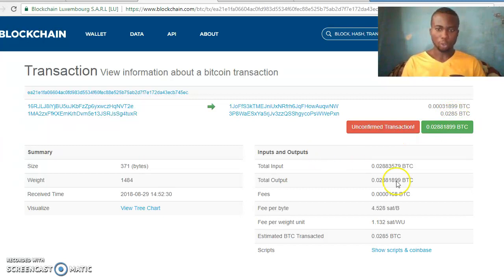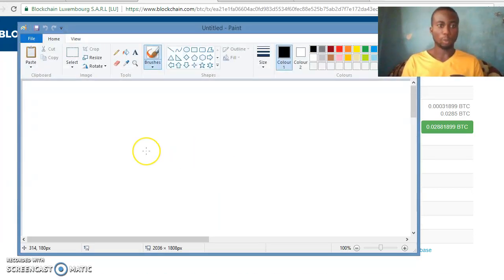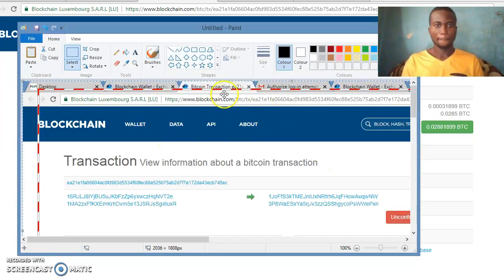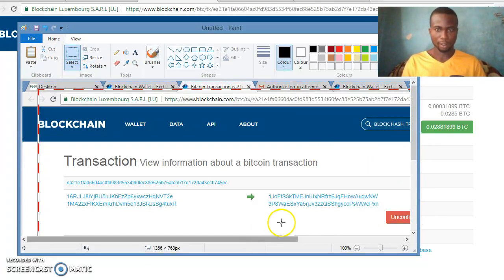So now I will screenshot this area here. If I'm using a laptop, I will have to screenshot with the screenshot tool. And then I'm going to the next stage to upload. I screenshot it. You can screenshot it. I'm using a laptop, that's why I'm using this method.